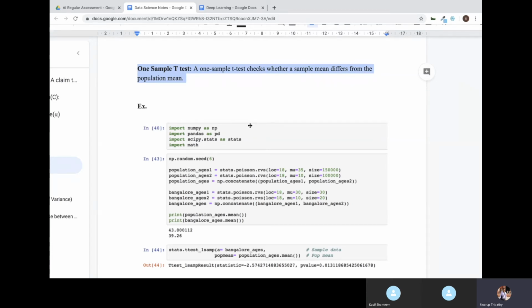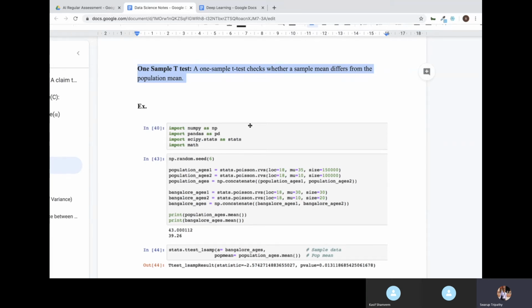Now what is a population? Population is the whole set of data. Sample is just the subset. Suppose you are picking some subset of data. Now we have to see if that subset is good enough, if it holds all kinds of information, if it is well distributed for our analysis. So that's what we have to see. Here the one sample t-test is used to check if the sample is significant enough with respect to the population.